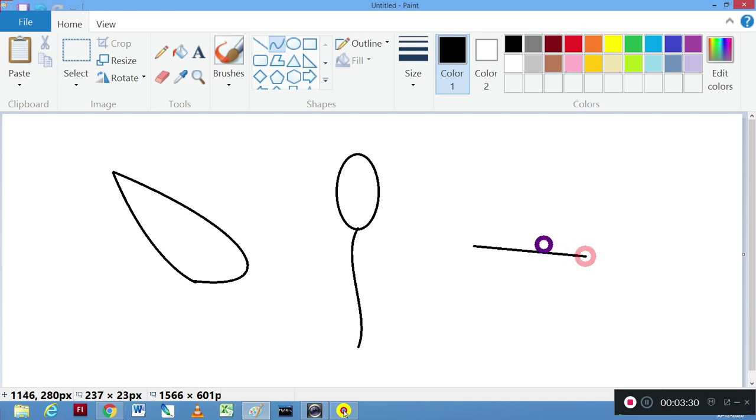Draw a straight line, then this is done, then one more. So this is one petal, then one more. Likewise you can draw many petals to make a flower.